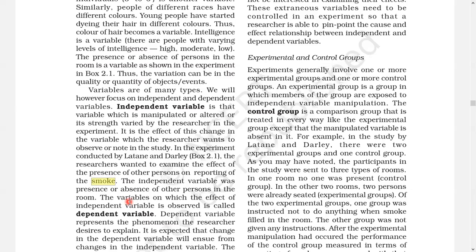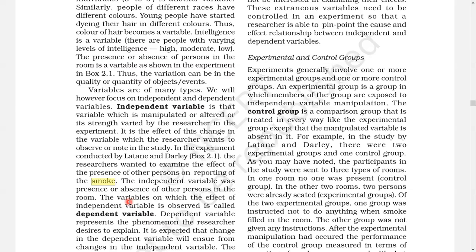When there is no smoke, the people are not worried. When the smoke enters, the people are worried because it is a sign of danger or an unknown condition to the human being. So there is an effect. But what causes the effect? It is the smoke.